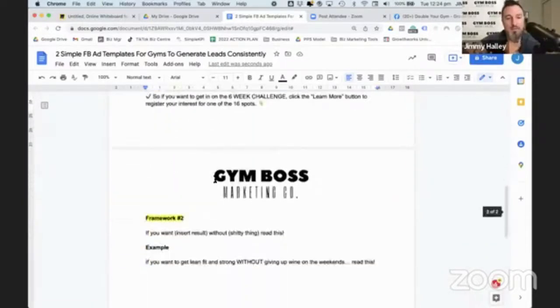Now, framework number 2 is very short, sharp, and sweet. And this is something that I can't say I made up. This is actually from a guy, Frank Kern. If you don't know him, he's one of the godfathers and OGs of internet marketing, been around since 1999, selling stuff online. And his thing is what's called dog whistle copy, which is directly straight to the point